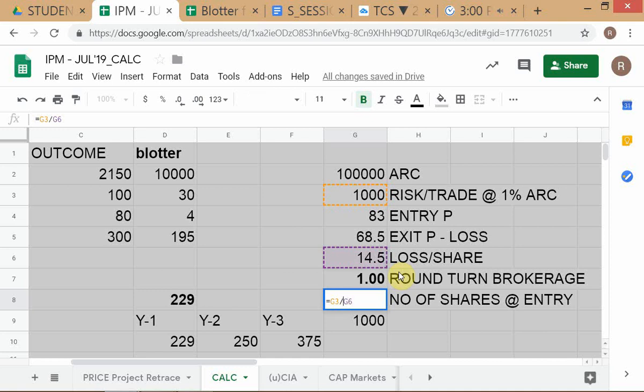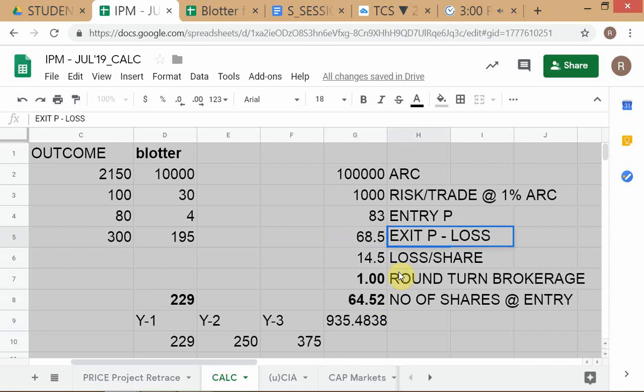Actually, it has to be 1000 divided by 14.5 plus 1, the round turn brokerage. Are you following what's happening here? This is how you do comprehensive risk planning. You have factored in slippage. Here we should write this: exit price on loss including slippage,